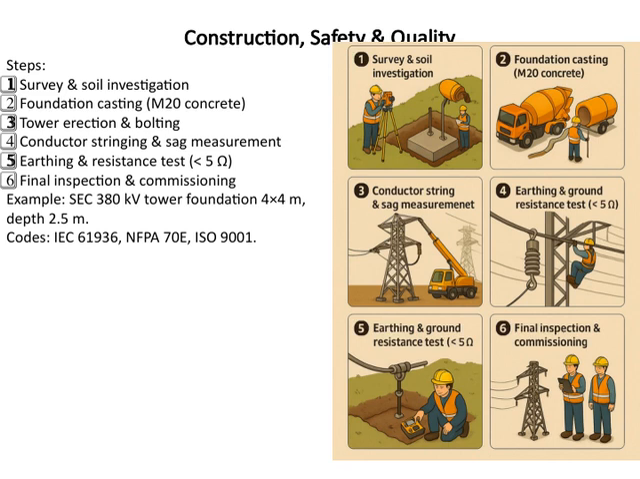For example, in the case of a SEC 380 kV tower, the foundation measures 4 by 4 meters and is approximately 2.5 meters deep. Following that, we move on to tower erection and bolting, which involves carefully assembling the structure and securing all components properly. Then comes conductor stringing and sag measurement, ensuring the conductors are correctly installed and have the right tension for optimal performance. After that, we perform earthing and resistance testing, aiming for resistance values below 5 ohms to guarantee safety and proper grounding. Finally, we conduct a thorough final inspection before commissioning the system, making sure everything meets our safety and